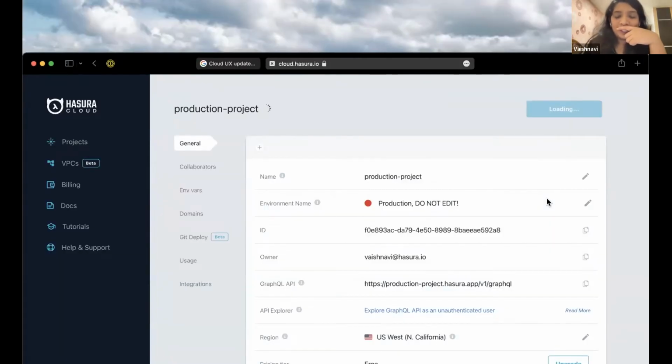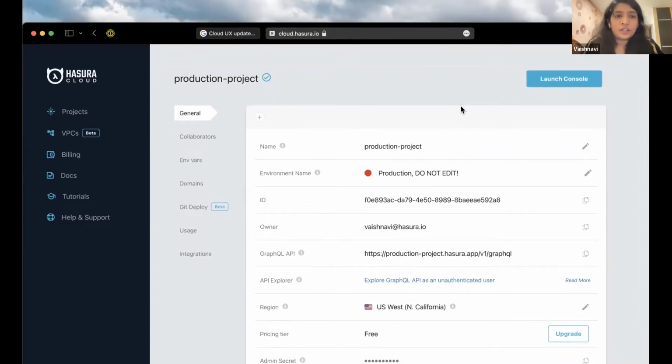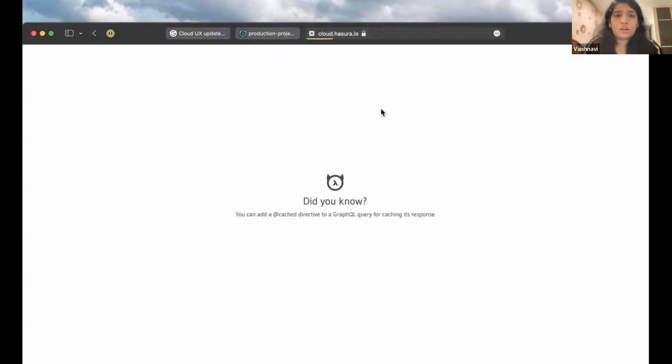What this means is a lot of users have requested some sort of differentiation between how the console looks between the different kinds of projects. If you're on your dev, staging, or production projects, you do not really want any unintended changes to your production project, right? So now you can directly go to the settings page of your cloud project, and over here you can set any string that you want to display on your console as a banner, right? So now if I go to the console,